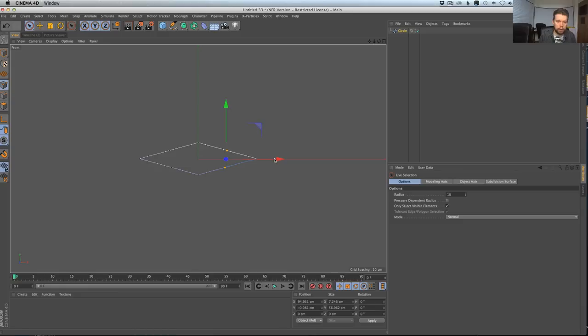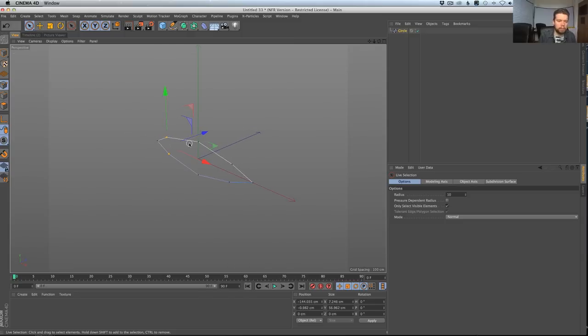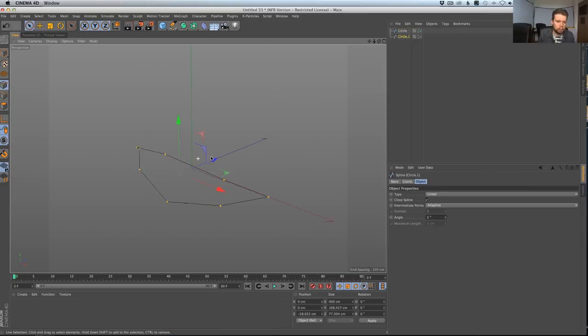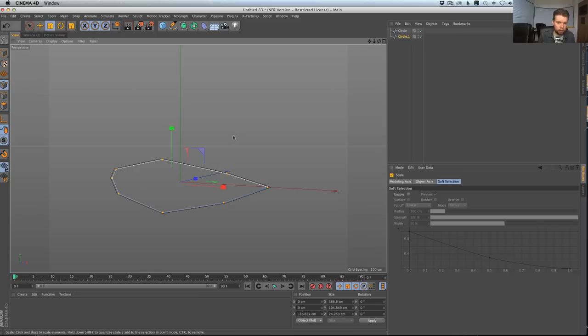So you would grab these and start grabbing points and moving them around, and we would have a lot more of them. So this would be very, very basic. But what you do is take these points and model out your mouth. I would grab these and the mouth sinks back there, and there's a lot of volume to the mouth. People always make the mouth straight, but if you actually look at the mouth, there's a lot of depth. Things go forward and backward, and I don't know the proportions off the top of my head. But we would create this spline, and then make a duplicate of the spline, and then maybe just hit T for scale and scale the whole thing down just a little bit, and then start scaling this whole thing down a little bit.